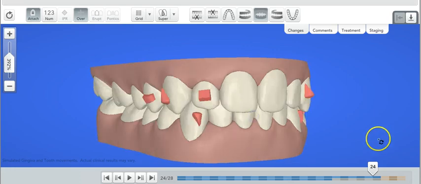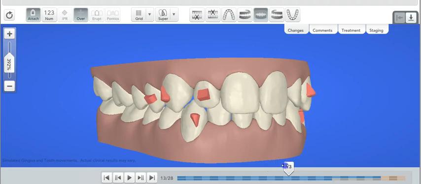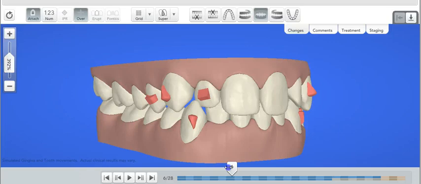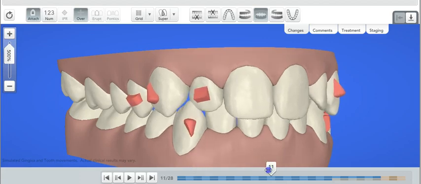What does concern me right now is the movement of the upper left lateral, which is rotating, and because it's such a triangular shaped tooth, often the rotation of this tooth, along with the small amount of labial root torque that you see in the ClinCheck here, as I play from about stage 3 onto stage 11, that labial root torque requires some attachment on the tooth,